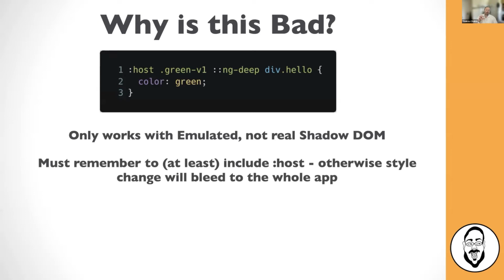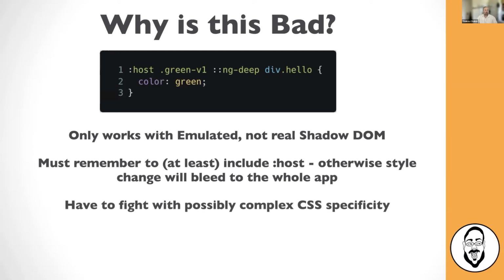And instead of just changing the color to green in one spot, you all of a sudden change that reusable component in every spot of your app. So that's not something we want, and we have to remember to do that. We also have to fight with possibly complex CSS specificity. Remember, div.hello is a pretty simple example, but regular components have a nice structure to them a lot of times. And that structure follows the class structure with the CSS classes, and you'll have to override that. Otherwise, just reaching into the component isn't going to be good enough.